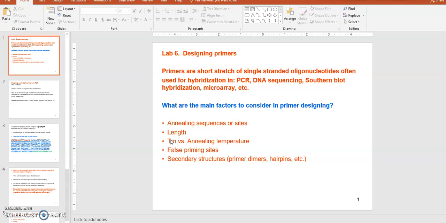the Tm. The reason for that is, if the annealing temperature, the binding temperature, is too low, let's say your melting temperature was 60 degrees, your primer will be falling off from the template binding site. Then why don't you just use 30 degrees or 20 degrees to be safe? You could do that, but there's a problem. The problem is if we use an annealing temperature, the binding temperature, that's too low, there's a tendency that